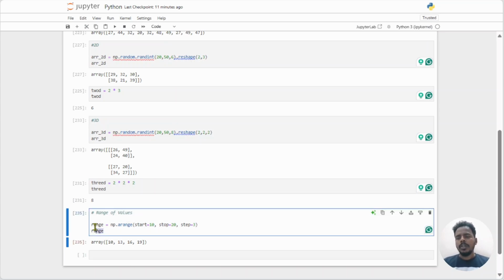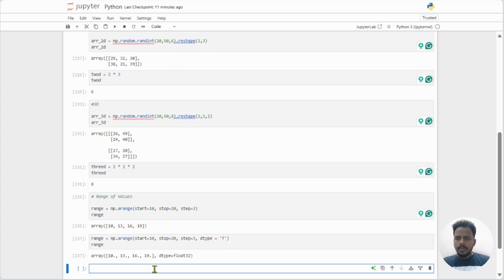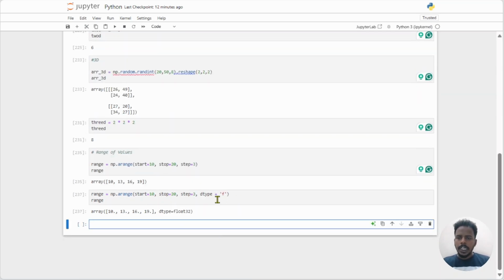We have other things to work on with this arange. Here I can mention the data type too. I need the output to be integer; by default it will give integer output. In that case, I'll go with float. See, you can see the dot, right? So it is considered as float. See, the data type is float. This is how you assign a data type from a range if you are getting an output. So this is how the syntax has to be followed. It is not mandatory that you mention start, stop every time. You can simply mention